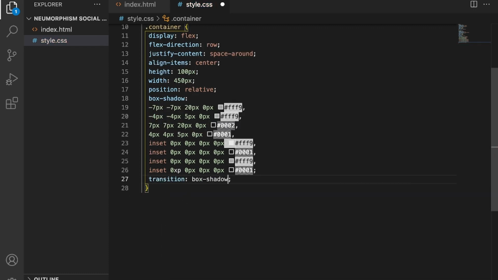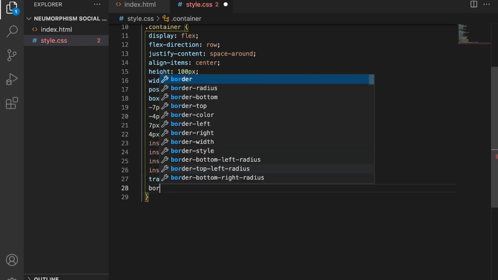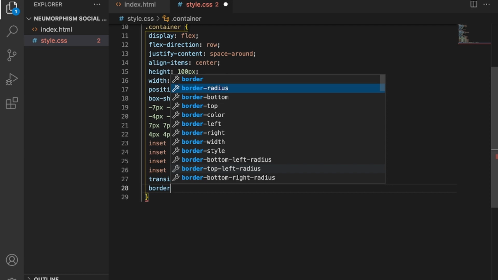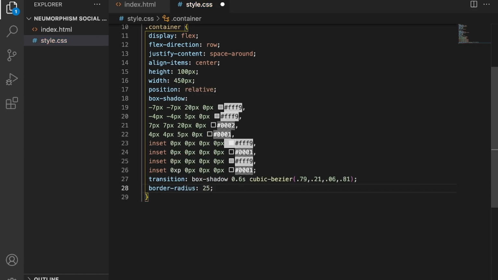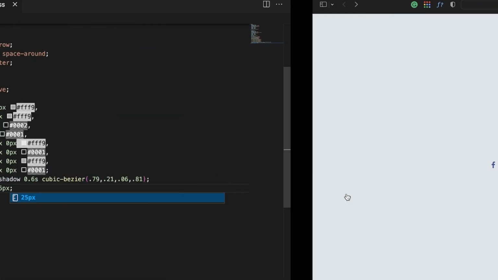Transition box shadow 0.6s, and also I will give one more property, cubic Bezier. Here I will give some values: 0.79, 0.21, 0.06 and 0.81, and border radius 25 pixel. So just save it and let's check the output.